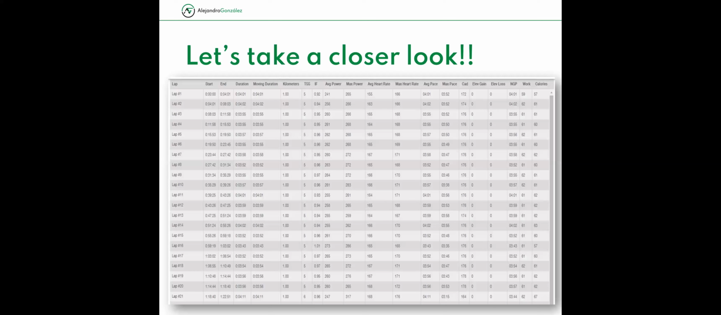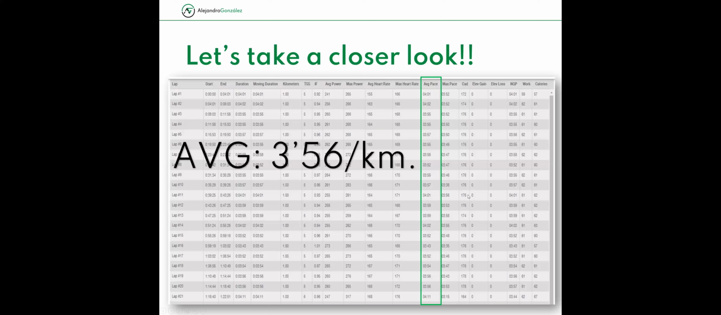Look, this is the first 21 kilometers. It's all the laps. As you can see here, it's 1 kilometer, the time of movement. This is important: the average pace in every kilometer and the maximum pace, but we will put focus on this column. If we get the average pace of these 21 different kilometers,